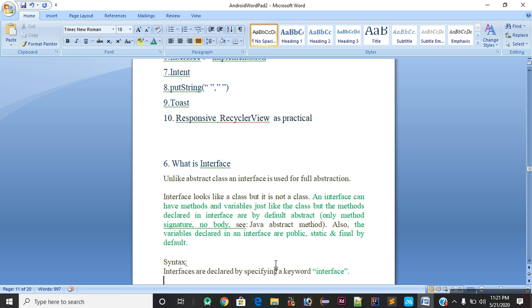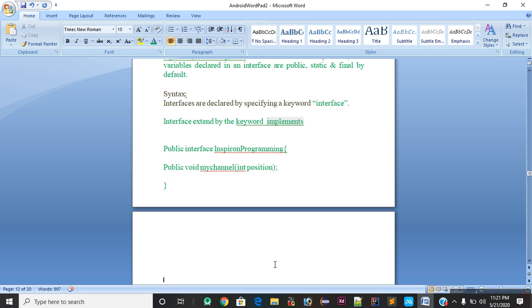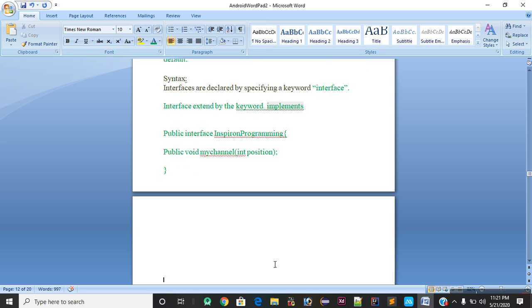So guys, now we discuss the syntax of the interface, how to declare an interface. Interfaces are declared with a specific keyword. Whenever we implement an interface, we use the specific keyword which defines an interface.